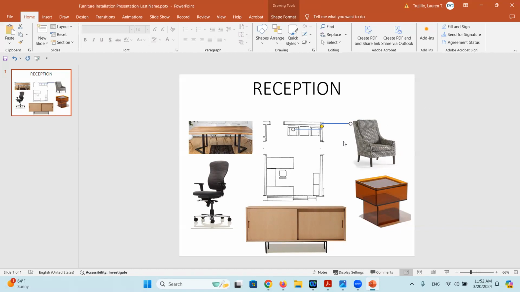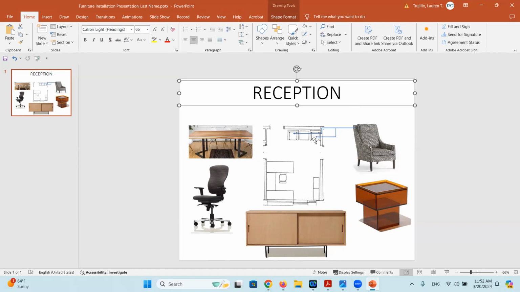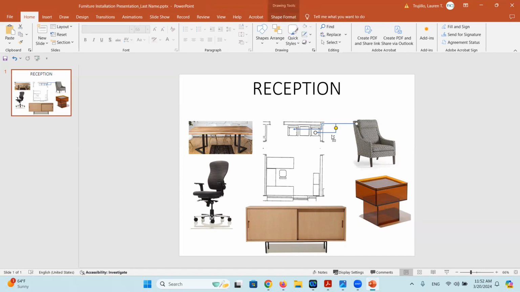That's okay. So you can see here we've got two, and I'm going to copy and paste another one so that they know that it's this chair as well, that they're both going to be used for the same thing. And then I'm going to connect to the end of the leader line so that they both point back to this chair right here. And I'm going to overlap the end of my arrow so that it touches the chair here and touches the chairs over here. Then I'm going to copy and paste using Control C and Control V over here to this table, and then I'm going to move it over here.